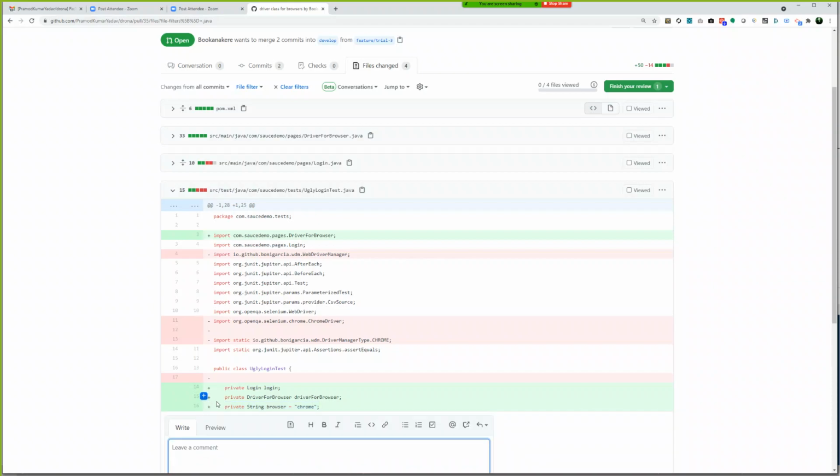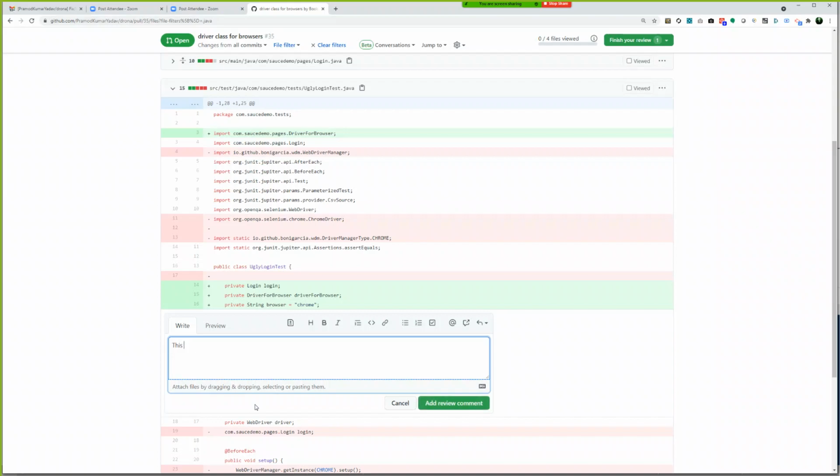So the last time when we discussed, I was saying this hard coding for now should live in driver class, maybe I should say driver factory class, because